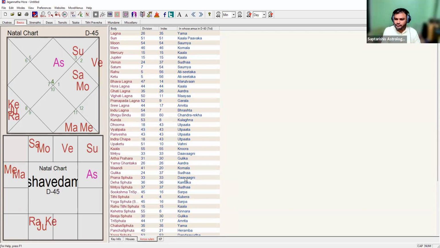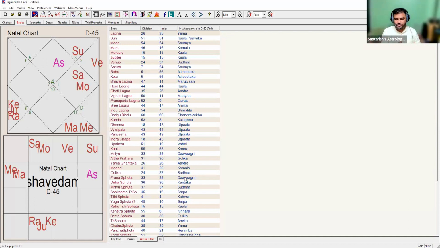Actually, D40, 45, there are many applications of it. One application we have discussed today: if this is a karmic problem, from where it is coming, whether you are developing it yourself in this life, or you are taking it from the previous life, or it is coming from your lineage. So D40, 45 is about lineage. So maybe it is connected to lineage, maybe he created it himself. That depends.